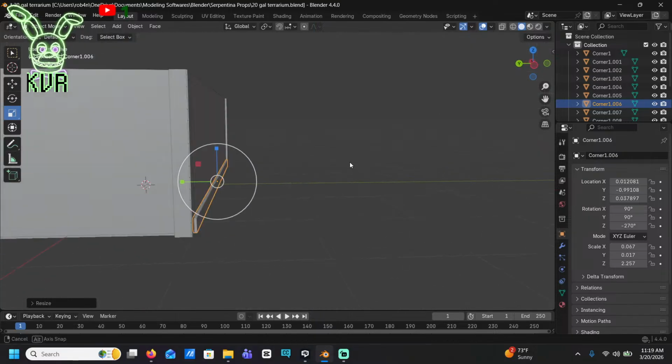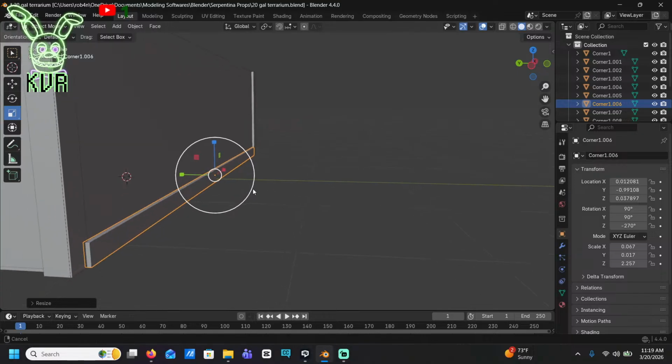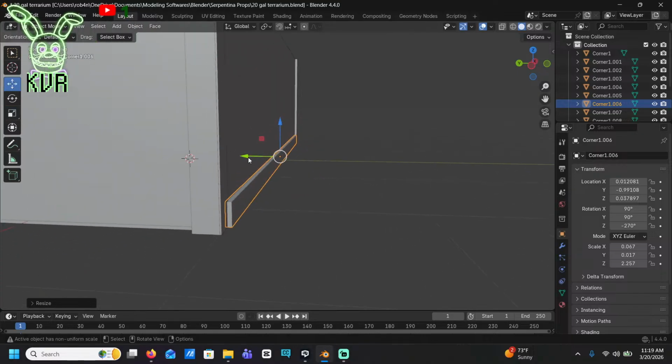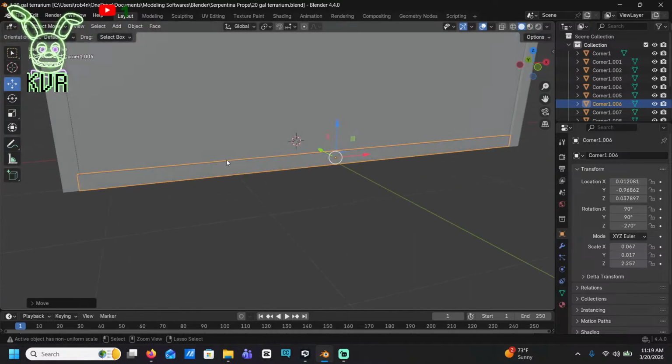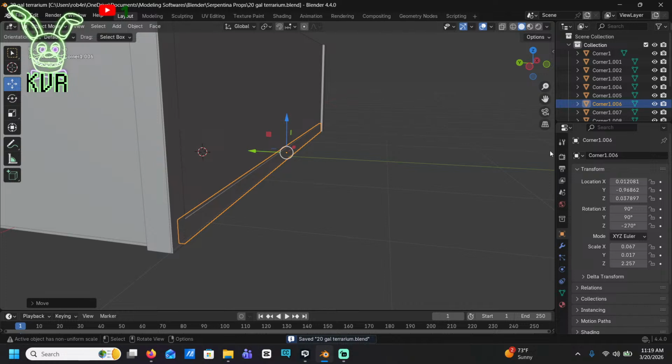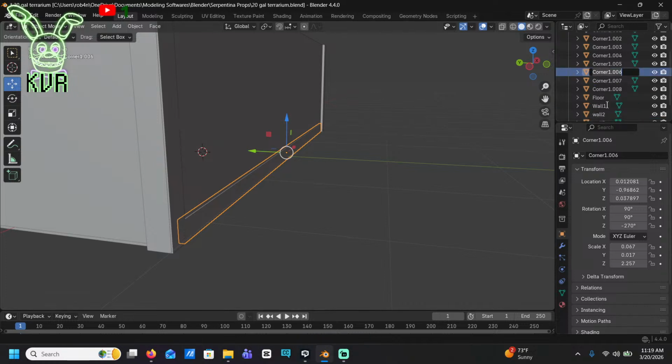Good enough for me. I mean, it's not placed correctly, but it's mostly good enough for me. There. I save. Knowing me, I'll forget to save, and we don't want that. Okay, now I need to change this.